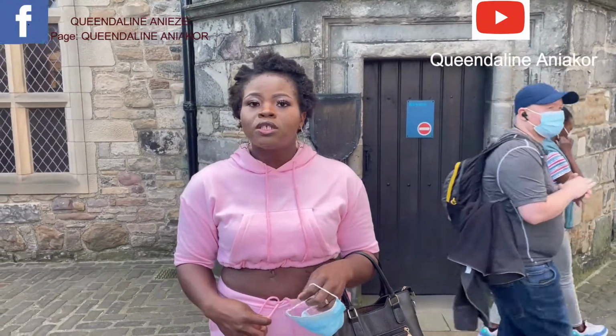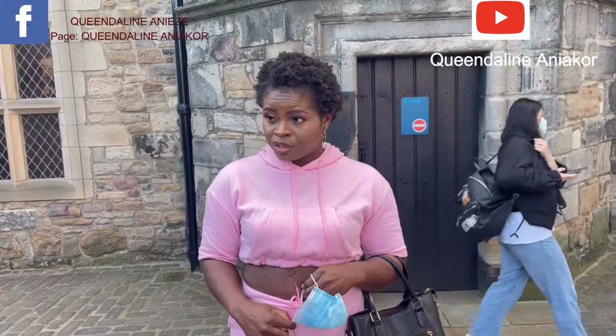No video, no camera, no phone. So we saw the king's throne, the sword, the stone. They say the stone of destiny, which was used for coronation. Yes, also the coronation scene. And what is this? The scepter, yeah. And they also said